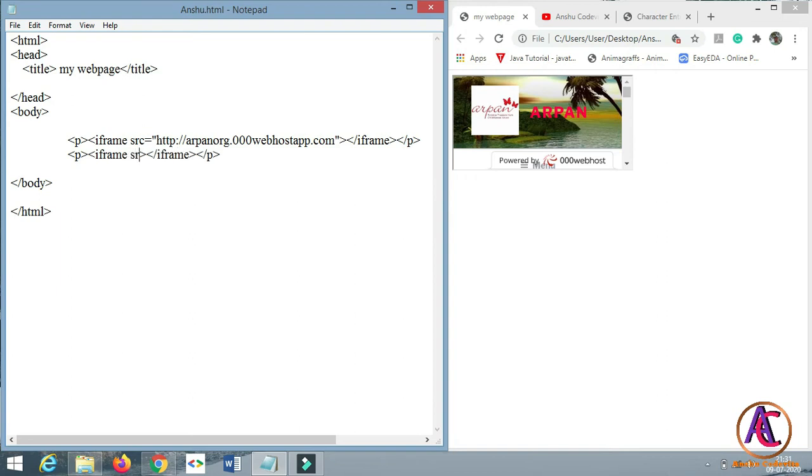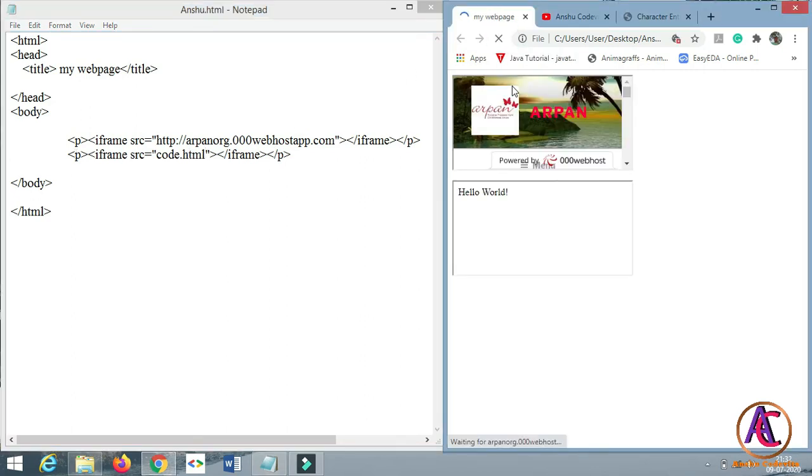In iframe we can give the source of that file as code.html. In that I have typed only a simple text, hello world. Save this and refresh it. You will see that below the new tab we have got hello world in the box of our iframe.